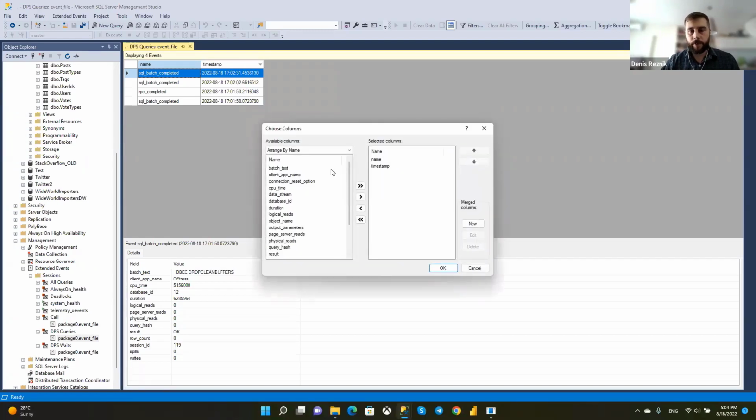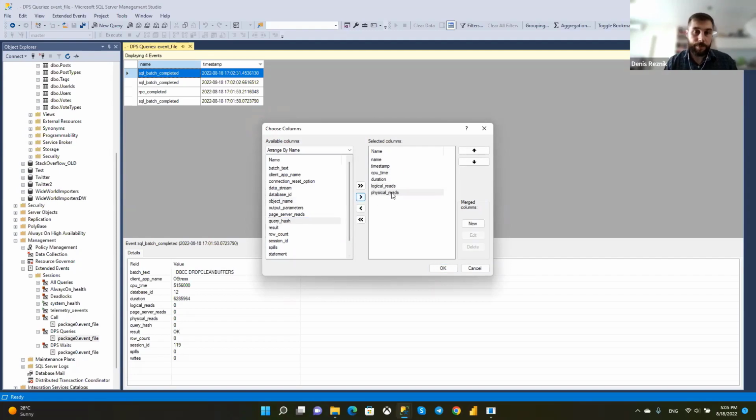Which columns are important? Almost all of them, but for first-time troubleshooting, I usually add CPU time, duration, which is actual query execution time, logical reads, how many data pages this query read during the execution. Each data page holds 8 kilobytes of data.